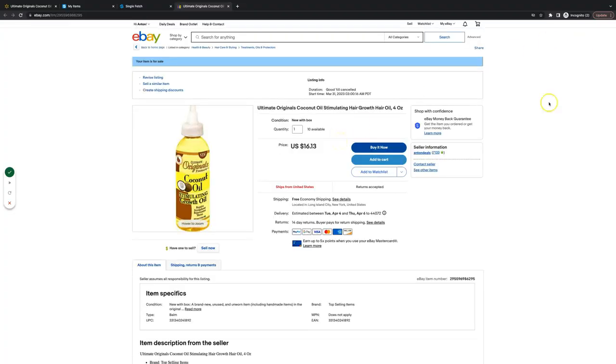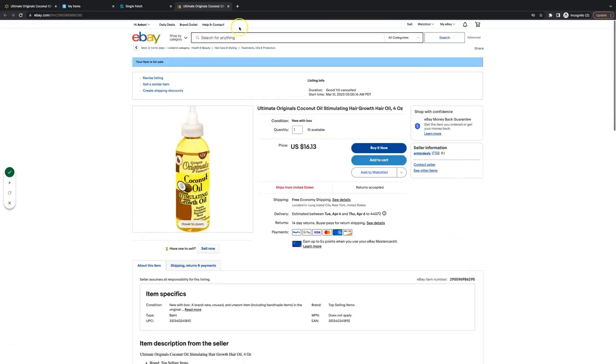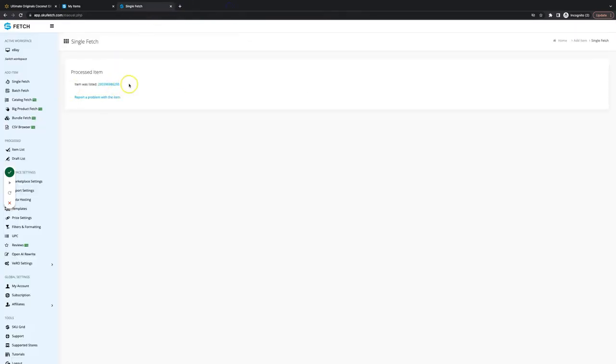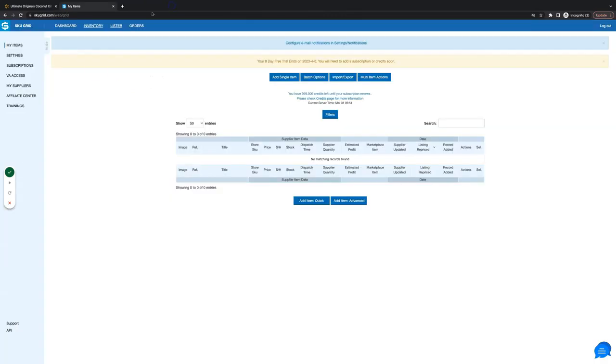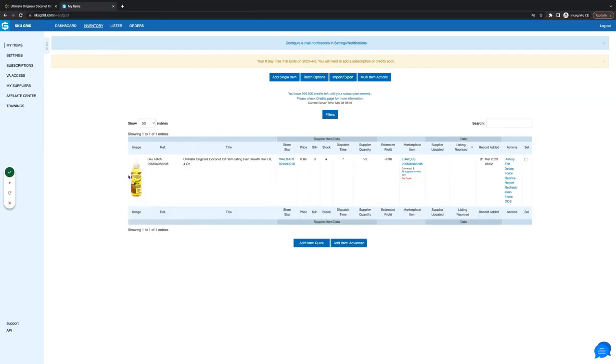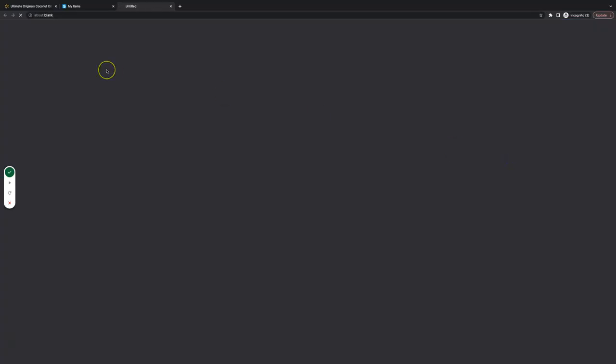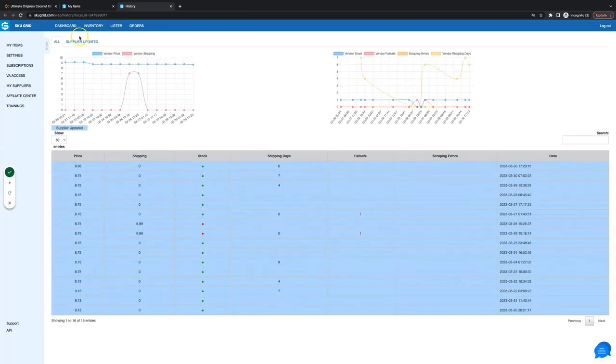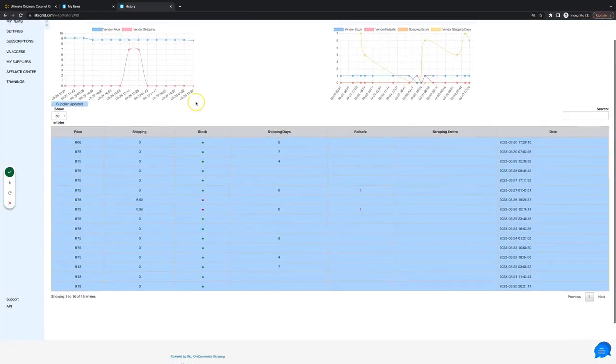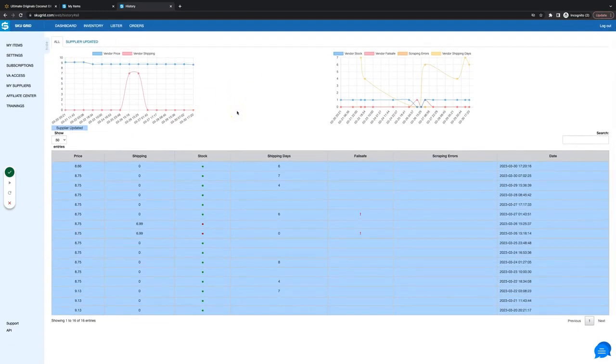It looks fine. So now it will get exported back to SKU Grid. Let's close down the SKU Fetch page and wait for the item to be exported back to SKU Grid. So now the item was exported to SKU Grid. SKU Grid will monitor it and update your price. You can see the history of this by clicking History. But now it doesn't have any history of the marketplace because it didn't do any repricing yet. But once it does, it will be here.